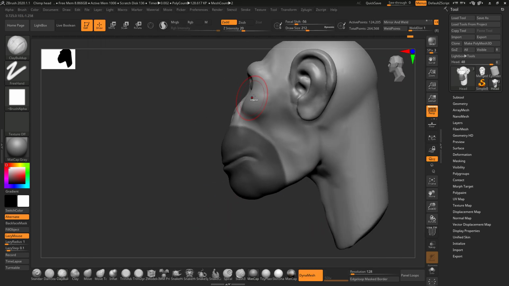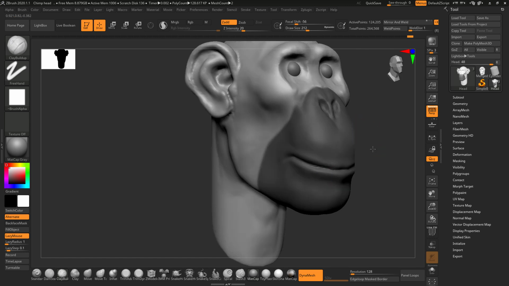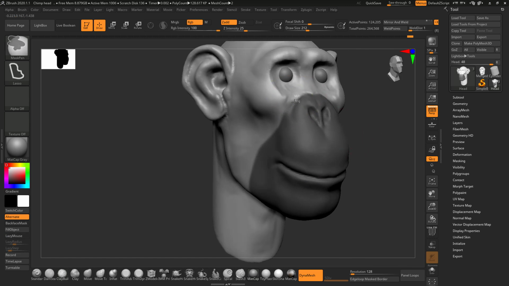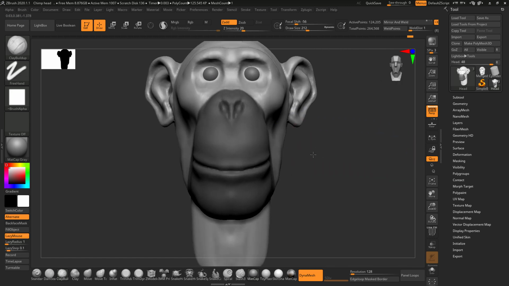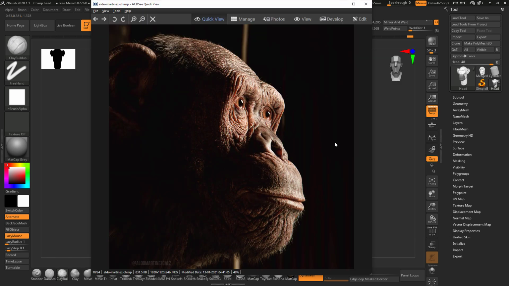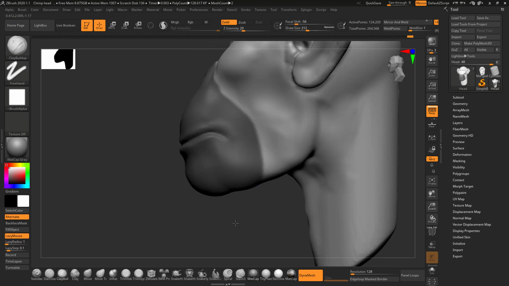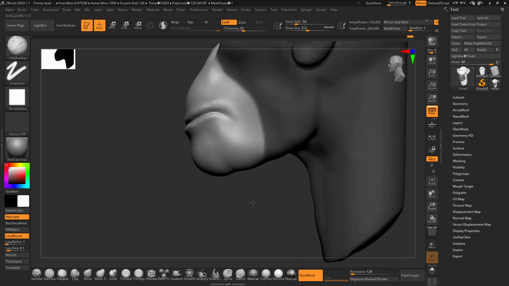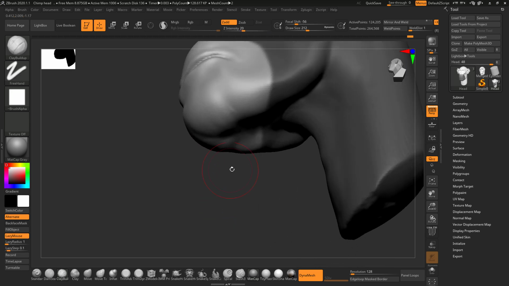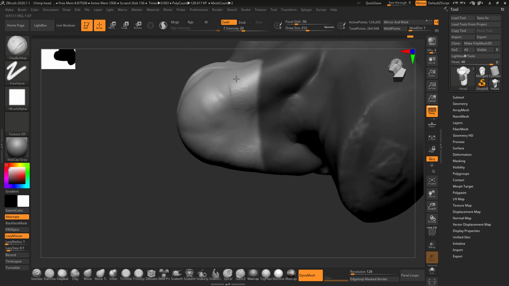I'll also cover the nose area. Here we go. And then we'll focus on adding more volume along here. So just like volume in the bottom,